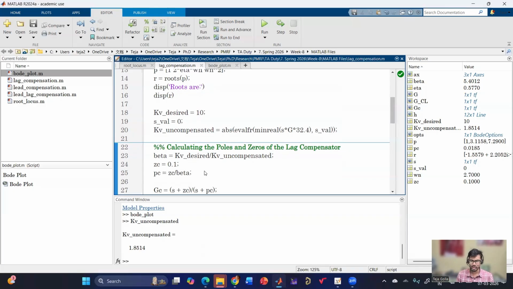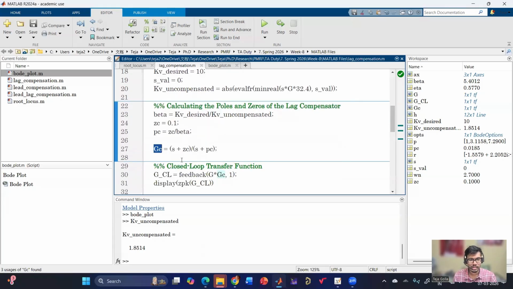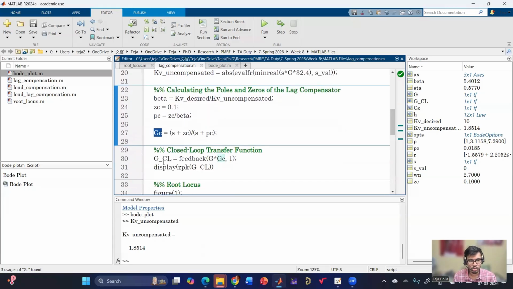So 0.1 can be considered as a thumb rule, and then you can start. It's a good value to start the design with. Then I have calculated ZC, and the closed loop can be obtained as feedback of G into GC. Now I can get whatever I need, and then I'm plotting the root locus of this G into GC